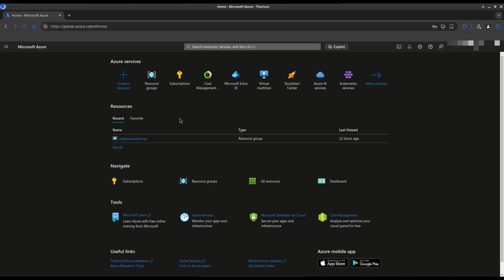Hello everyone, today we'll be looking at several ways to deploy VM in Azure, like from Azure CLI, Ansible, Terraform